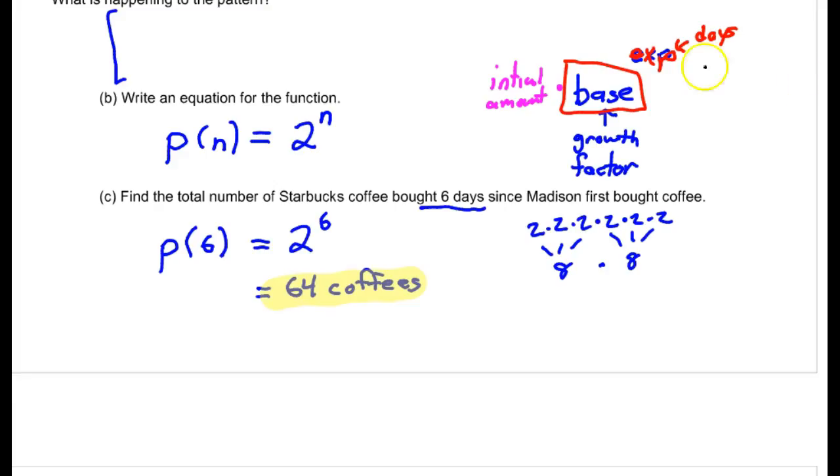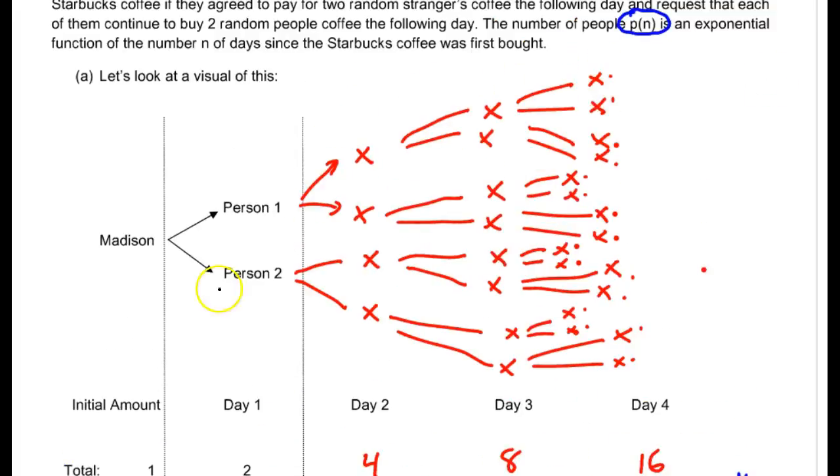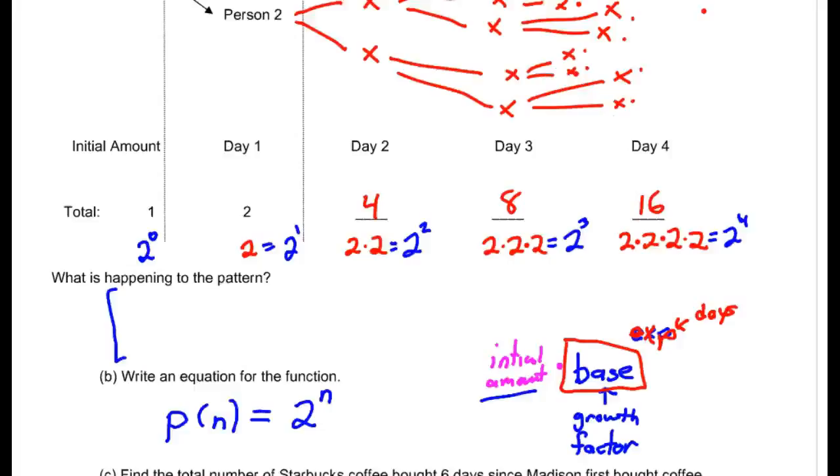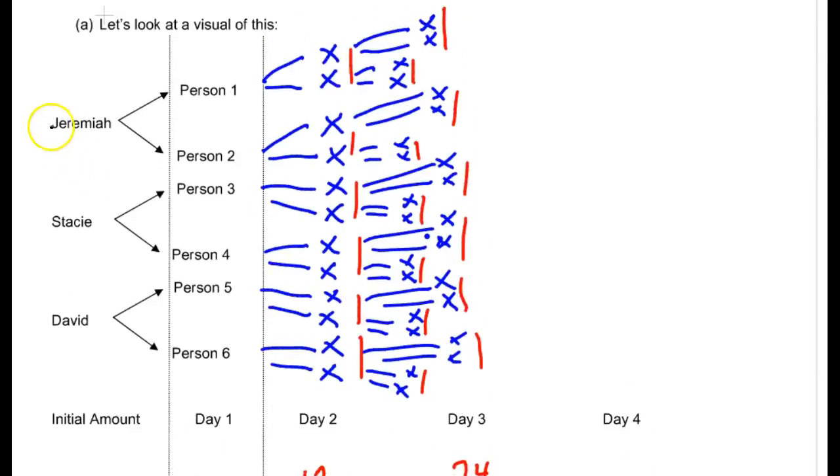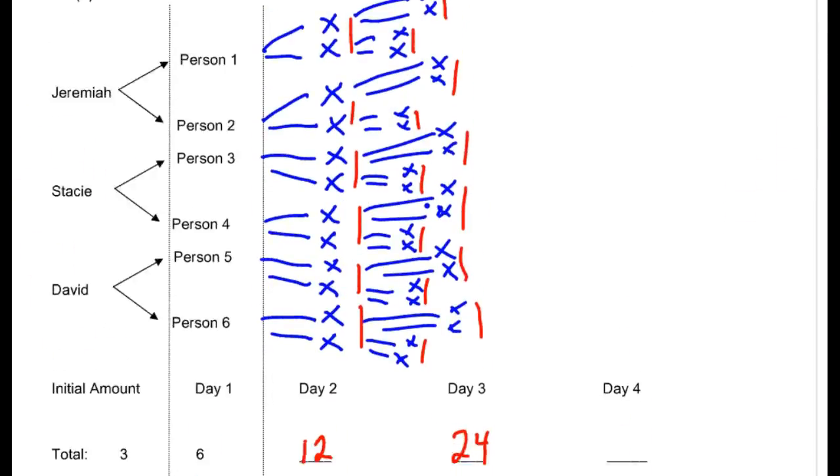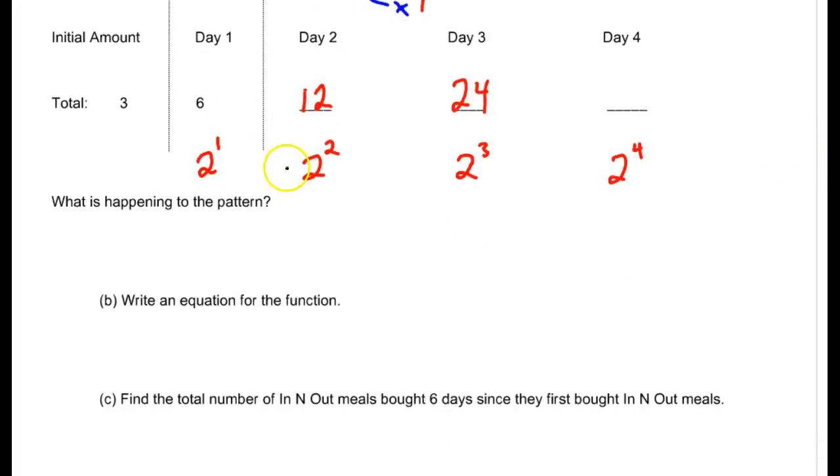Yeah, the initial value. Before, on number 1, the initial value, well, we started off with 1 person, so it was just 1. But our initial value here, how many people are doing this? 3. So you can see, as soon as we multiply everything by 3, oh, okay. So that does work out. 2 to the second is 4. 4 times 3 is 12. 2 to the 1 is 2. 2 times 3 is 6. So we can keep on going and say, well, 2 to the 4 is